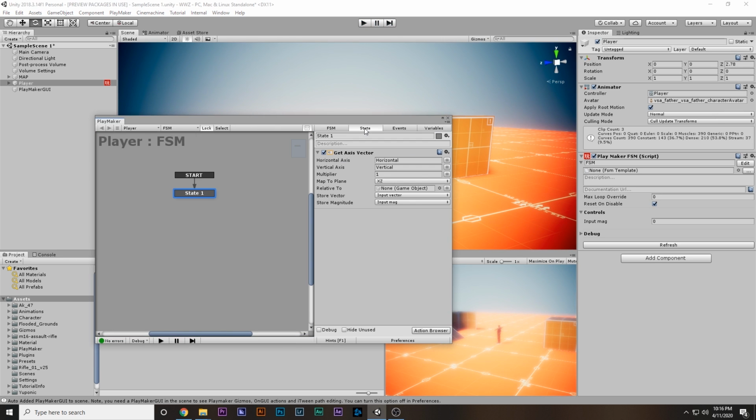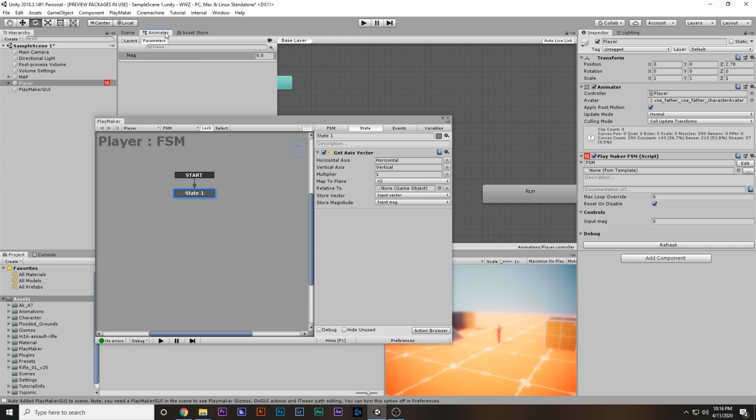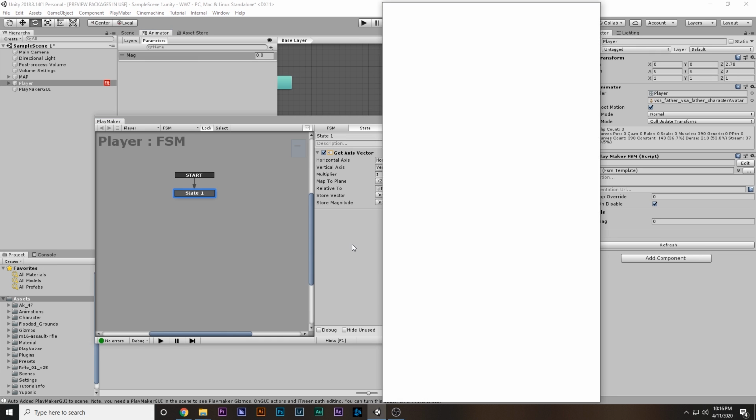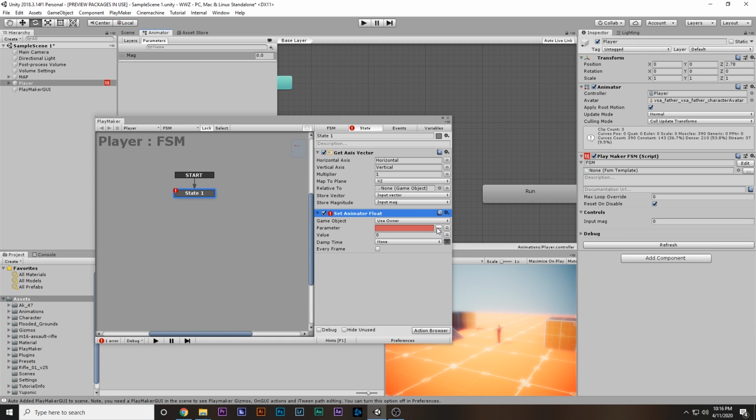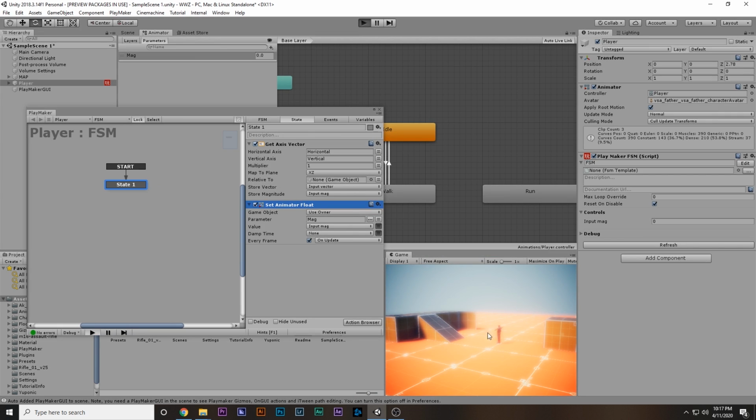Now we wanna set the values, and we're gonna use these values to derive the animation. So basically what we are gonna do is we're gonna set this float equal to the magnitude that we get over here. So we gotta go ahead and say set animator float, the magnitude, which is exactly this one, and we're gonna set it equal to the one that we just stored, input magnitude, and we're gonna say every frame basically means every second. Now if we play the game, we should be able to move the character when we press WASD,